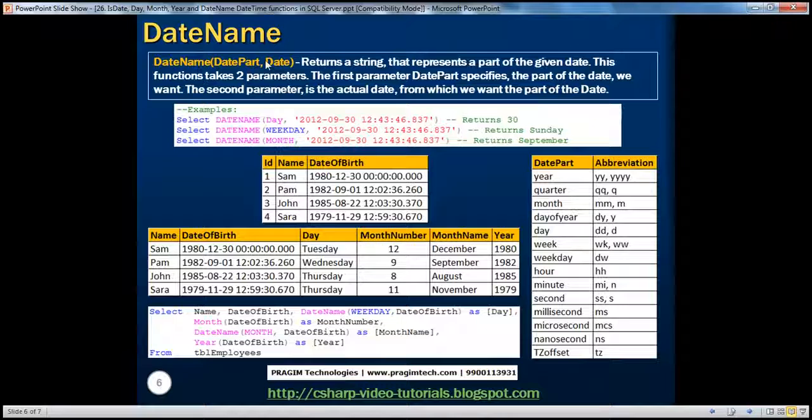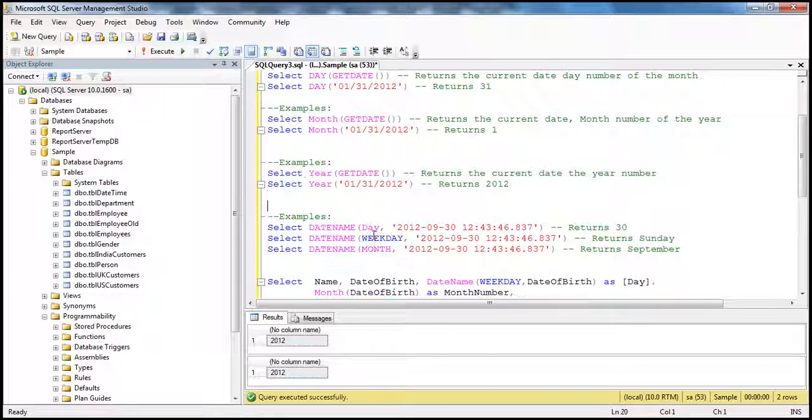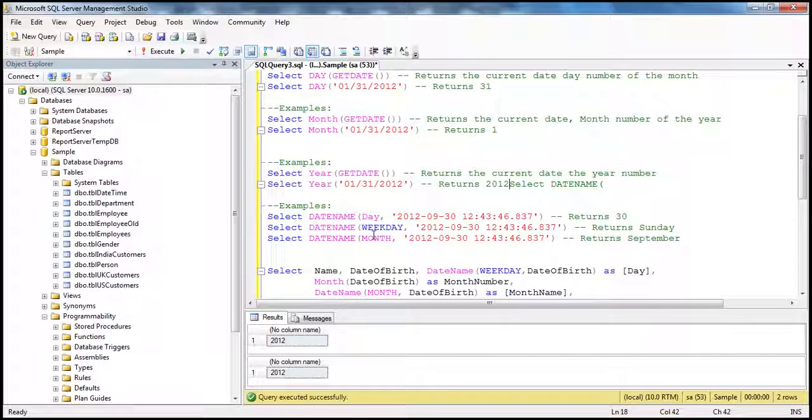DateName function, this is a very useful function. Okay, so DateName function basically returns a string. Okay, let's quickly prove that. So if you look at this here, select DateName. So if you look at the function itself,